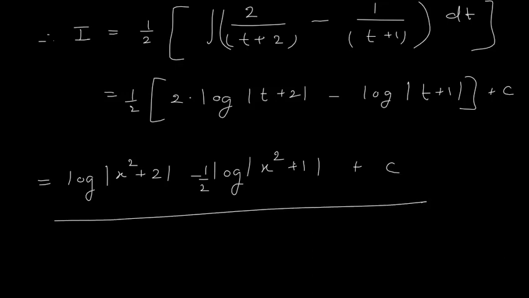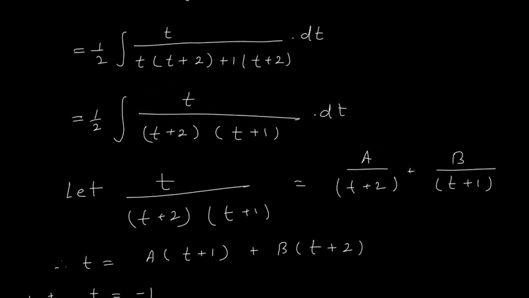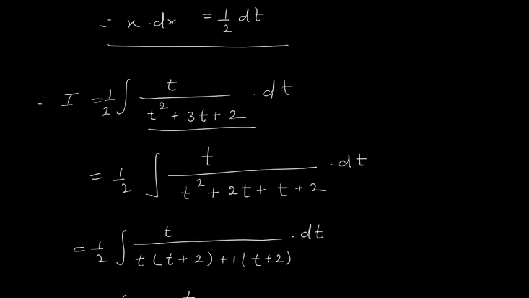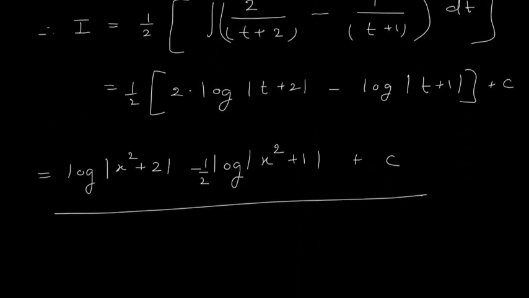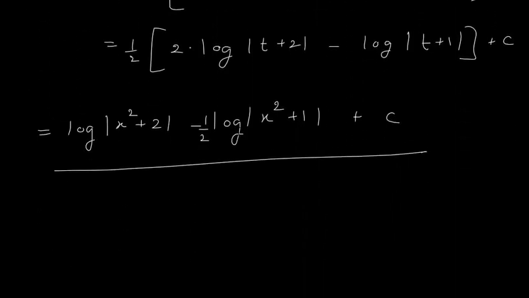So this is a little simpler way of solving the problem. The above solution is also right. If you simplify the above solution, you will come to this answer. But as you have seen here, partial fraction is a little easier. So first figure out whether you can split the denominator into linear factors, and if you are able to factorize them as linear factors, then it's wonderful. You can solve the problem using partial fractions.